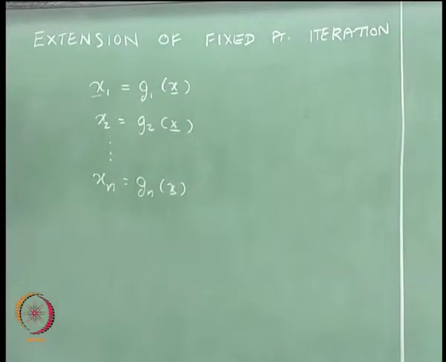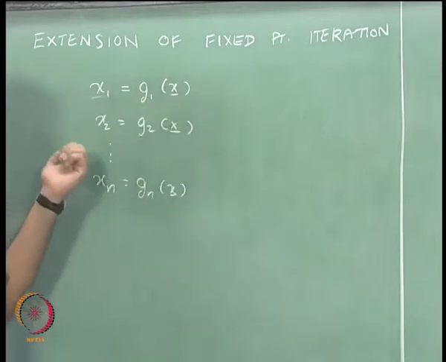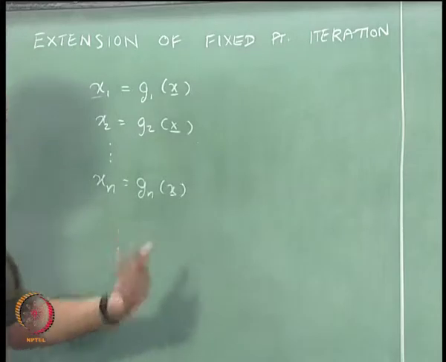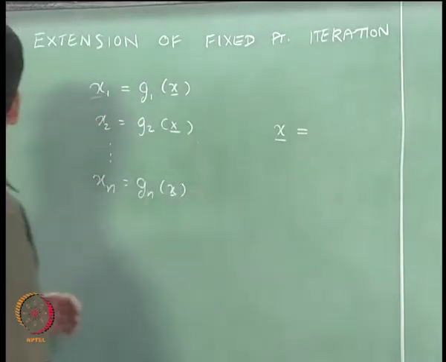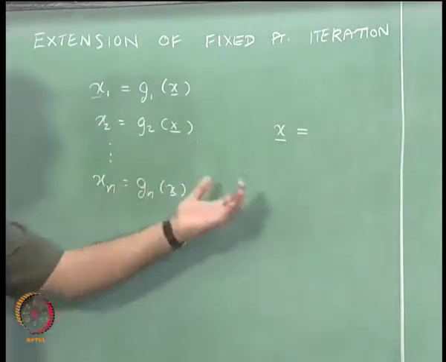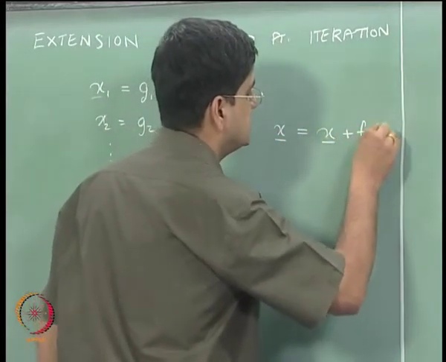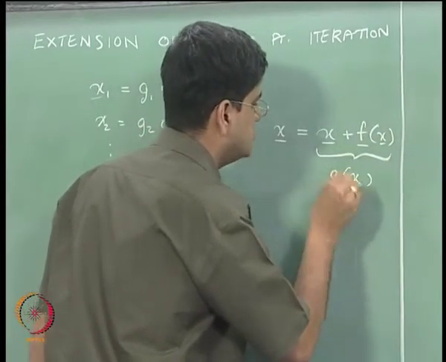Okay. And as we had seen in one of the previous lectures, there isn't a unique way to convert f of x equal to 0 into this form. One very straightforward, though not necessarily the best, way of writing g bar is that we can take the equation f of x bar equal to 0, add x bar on either side, and write x bar equal to x bar plus f bar of x bar, and this we can call our g bar of x bar.